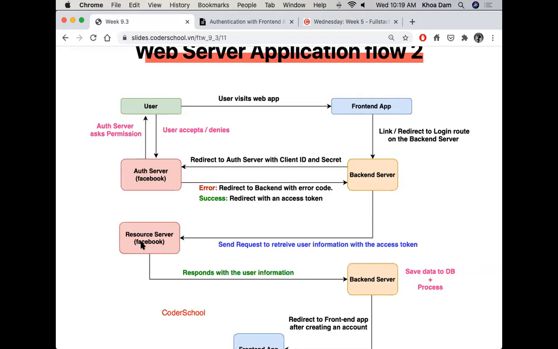Send a request to Facebook, get the user information, and so here, instead of redirecting in the last step, it will return a JSON object together with a token that we create in our database. So there will be no more redirecting. It will improve the user experience. For example, if I open